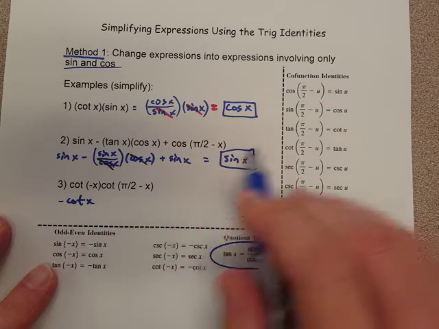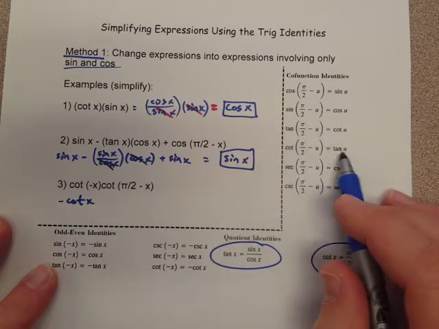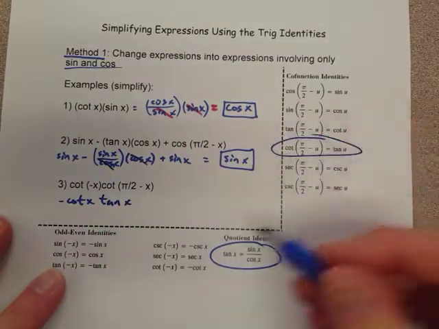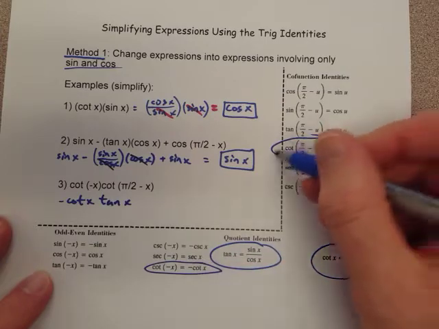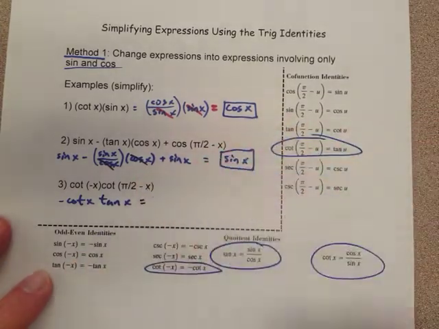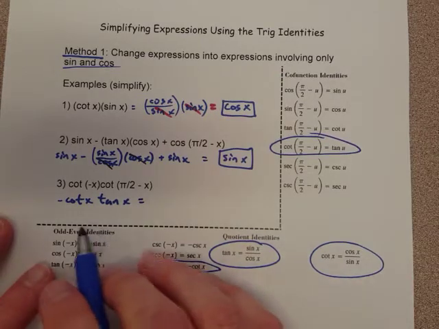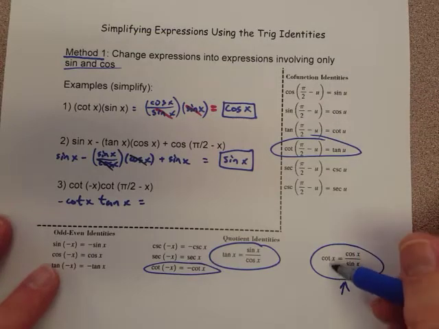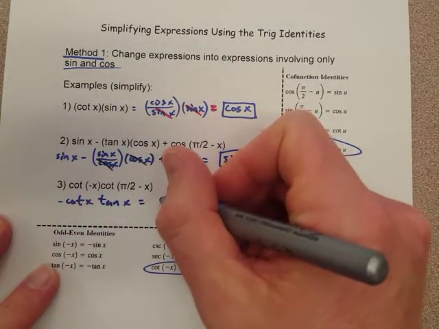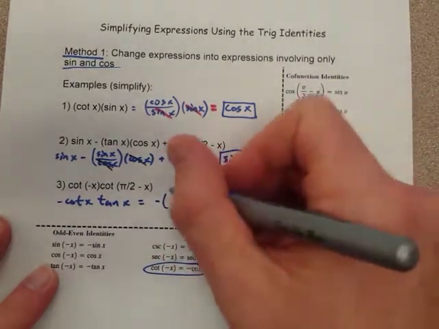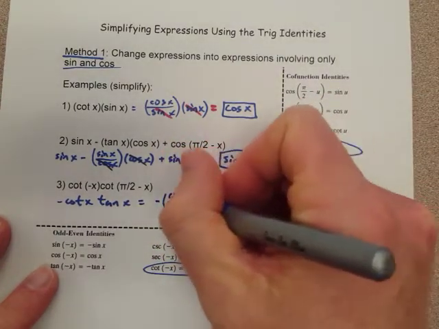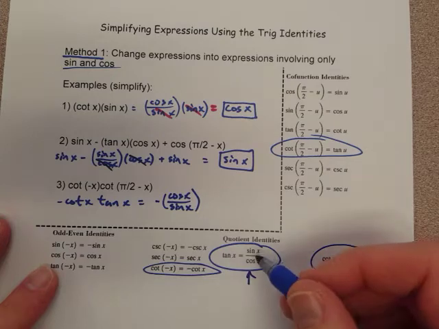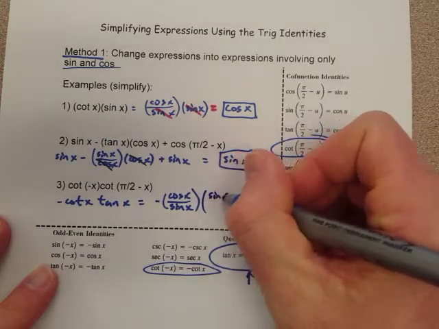And then cotangent of pi over 2 minus x is the same as tangent of x, based on this one right here. So we use this one and we use this one, and now once we've got those substitutions, these are a lot simpler to work with. Now we can go back to the quotient identities like we had before. Cosine over sine is the same thing as cotangent, so I'm going to leave the minus out on the outside, so that's cosine over sine. And then tangent can be replaced by sine over cosine. So we've got